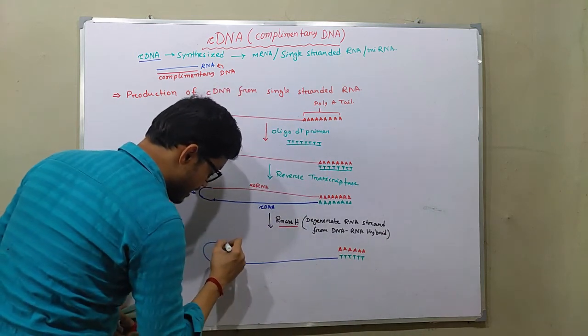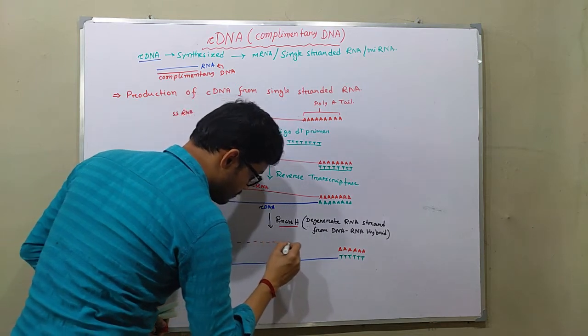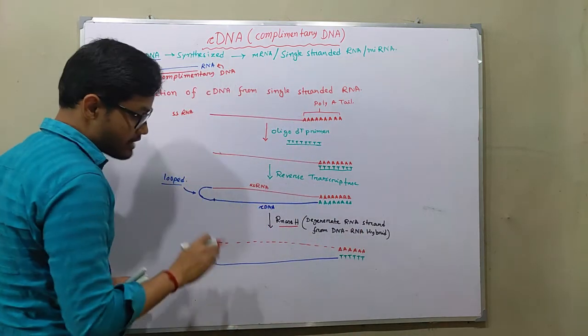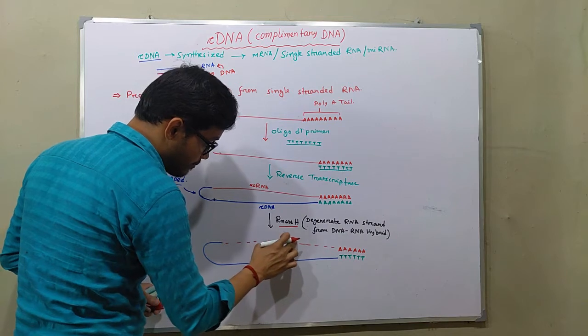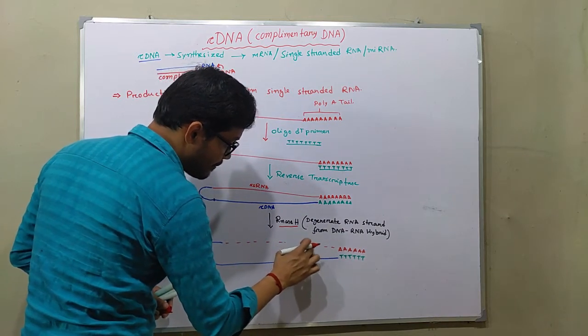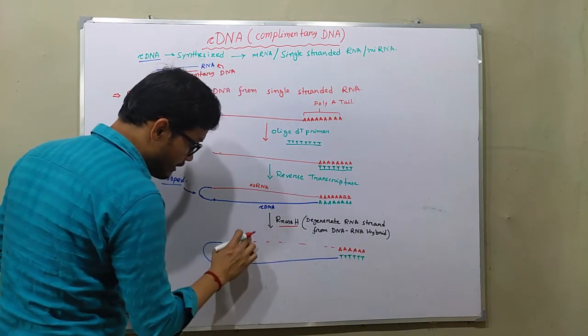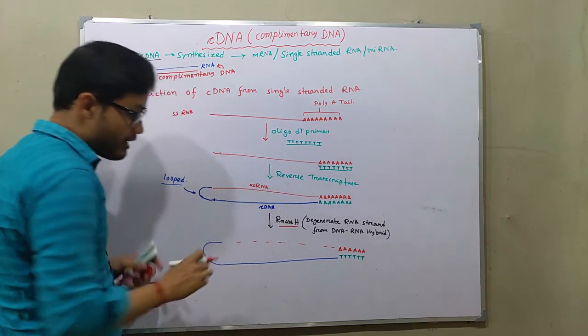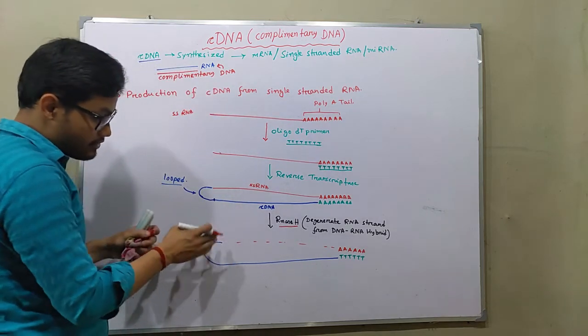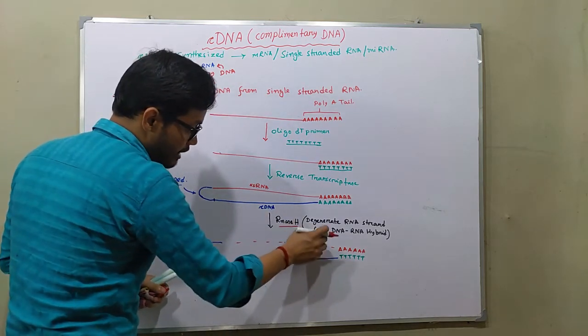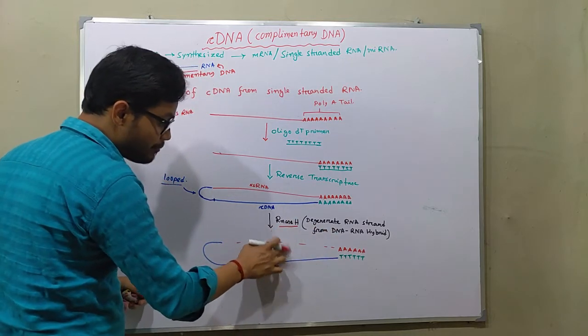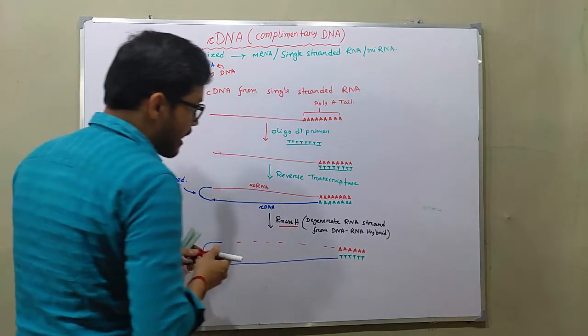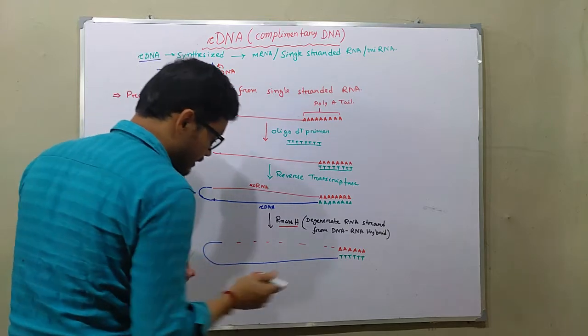Now this RNA portion is fragmented. Okay, this RNA portion has now become fragmented, and these fragments were created by RNase H. So RNase H degrades the mRNA structure and ultimately produces this kind of structure. And now after that